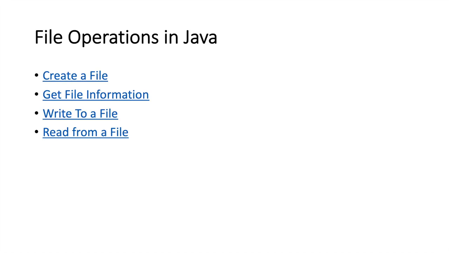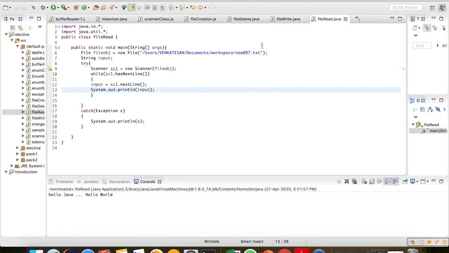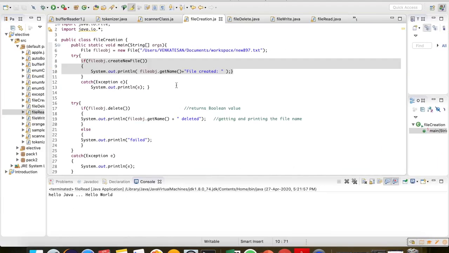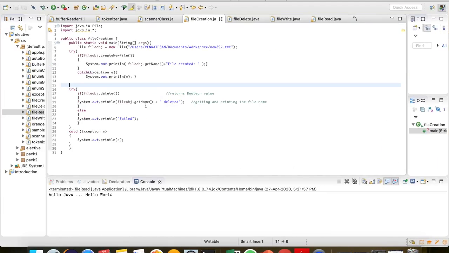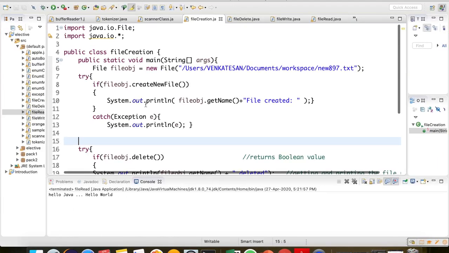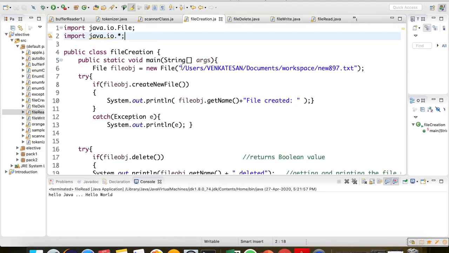So here I'm going to show you the example, right? See the example here. This is where I need to create a file. This is my path: user name, documents and workspace. Inside this one, I'm going to create this particular file. For example, I'll just show you where I have stored it, here in documents, then in workspace, right? So this file is there.